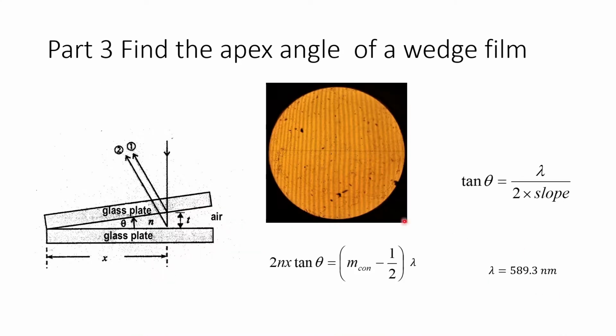All right, last part, you need to find the apex angle of the wedge beam. You can use the relation that you already know. Again, using the same apparatus, you could observe this, and you would be able to carefully move these fringes from one to another. By detecting the location x of the fringes that appear, you can make a plot of x versus m, and from there, use the slope to find the lambda from this relation. Use the slope and the lambda that you know, and through this relation, you can find the opening of this wedge and the angle